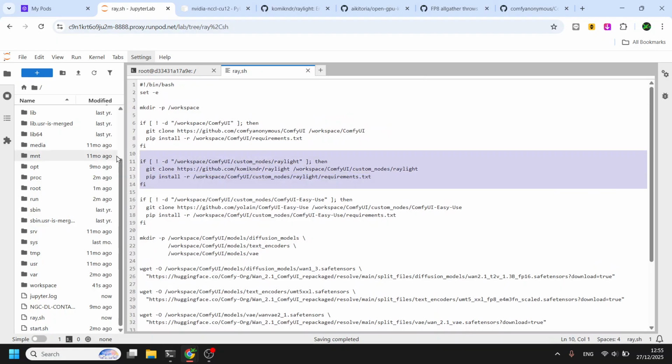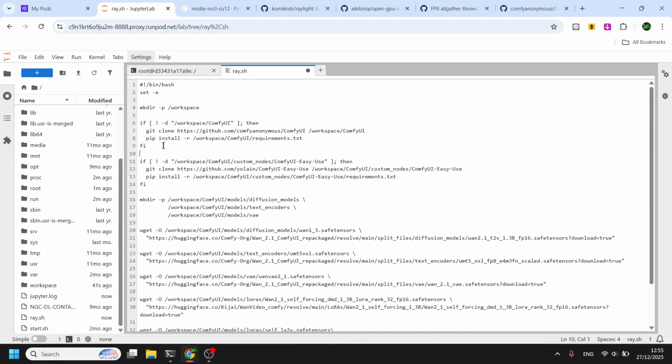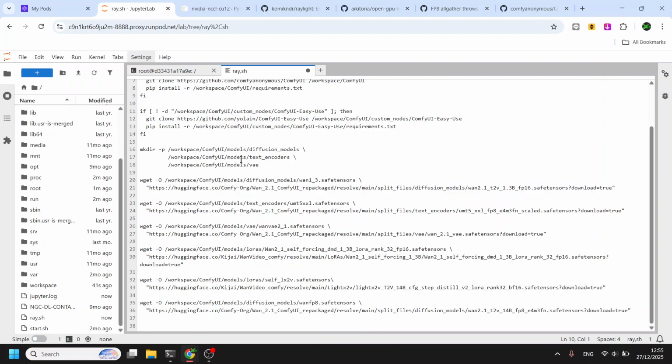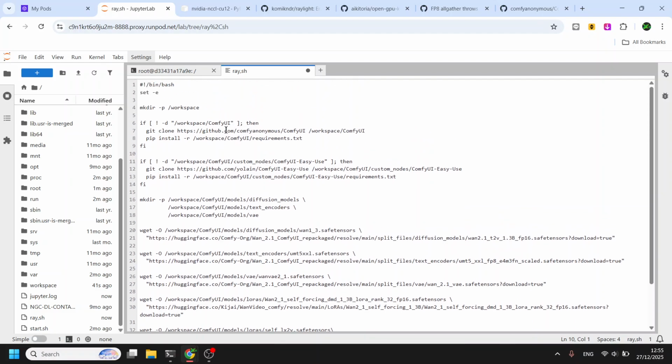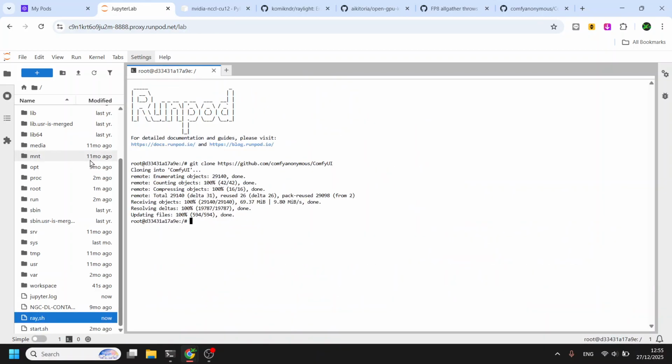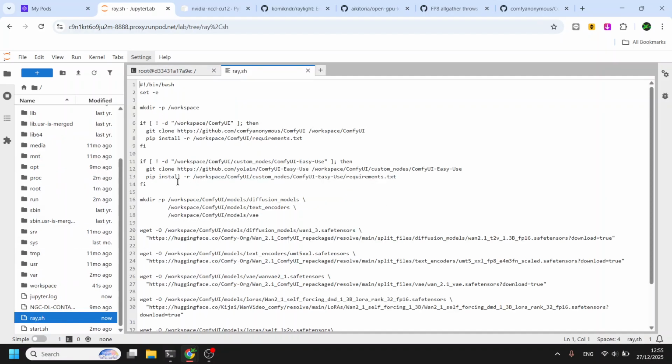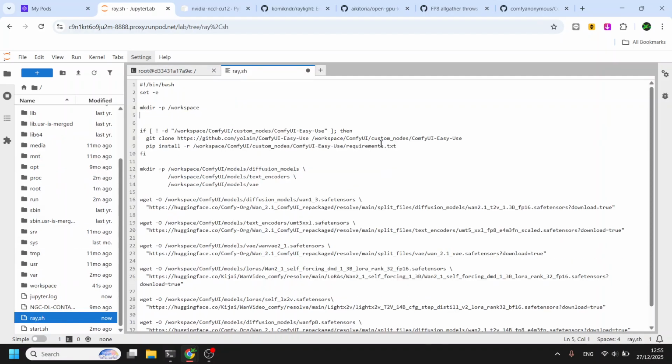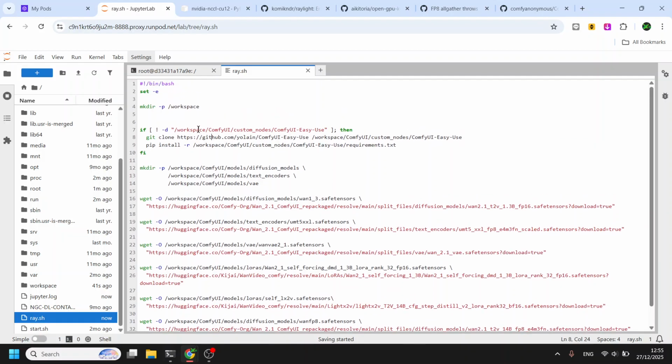We will delete this. This is Raylight, and since we are going to make a tutorial, I will delete that code. Basically it automatically downloads Raylight on RunPod, but since this is a tutorial, we are not going to do that. Except, okay, we delete ComfyUI also, and that should be it, I think. Oh, I mistyped. It should be ray.sh. Okay, now it only downloads